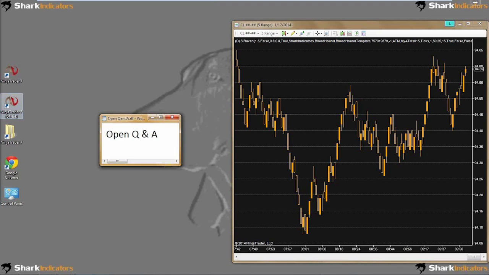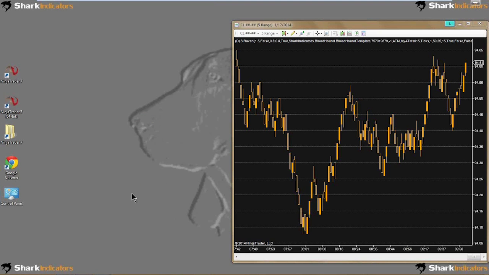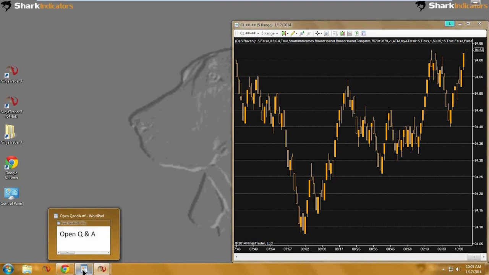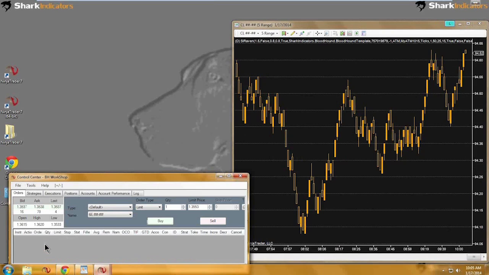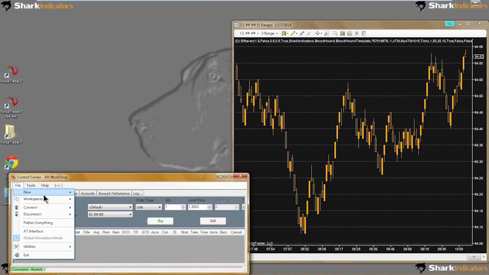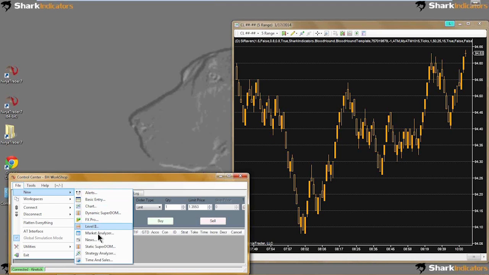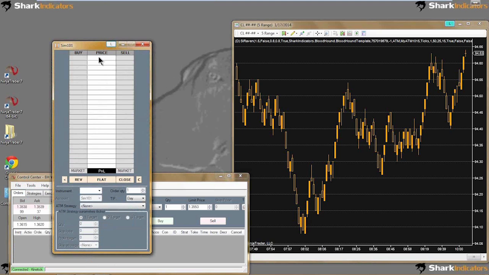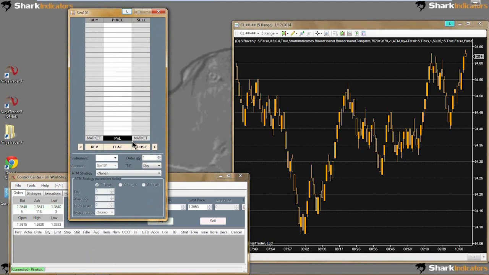But what Frank was asking is he has a question about using an ATM strategy, right? Ninja's ATM strategy inside of Raven. So let me bring that up. I'll bring up a DOM here. As you guys are probably aware, you can build an ATM strategy and use it inside of Raven. I think I built this one last week or two weeks ago,